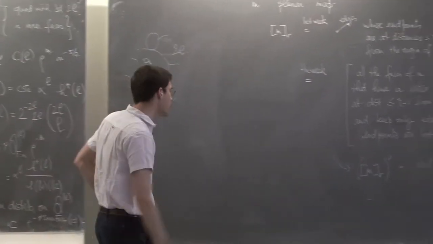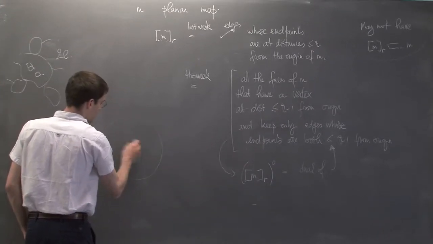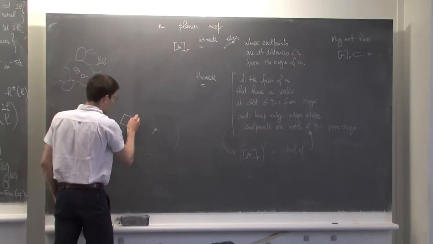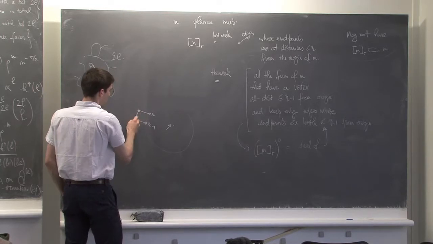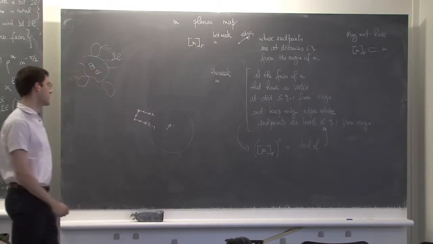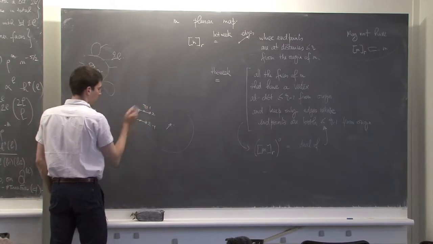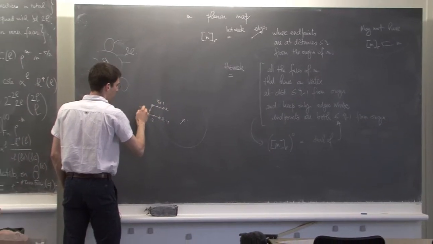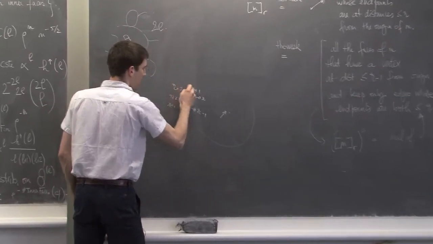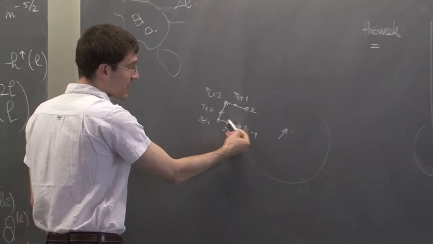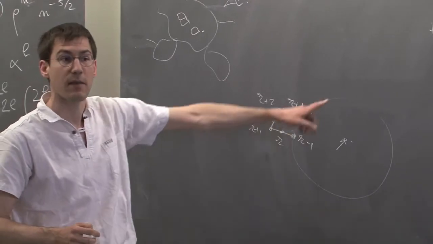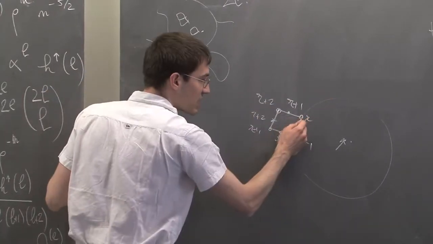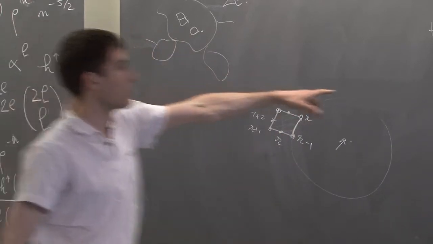In the case of quadrangulation, it does not change a lot, but you may, for example, so if the root edge is here, you may allow faces which are like that. Let's say this is R minus 1. Okay, let's put a face which is even bigger. Here, this one is at R plus 1, R plus 1, R plus 2, say, and even R plus 2. Then this face, with my new definition, will be in the ball of radius R because it contains one vertex at distance less than R minus 1. And I will keep this edge here. This edge will be part of my ball of radius R.